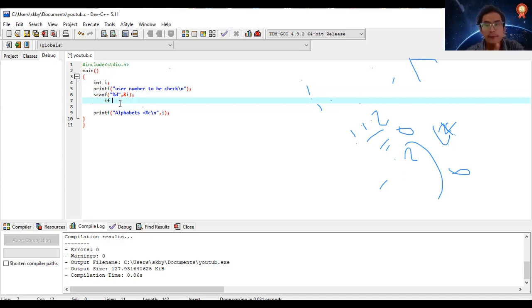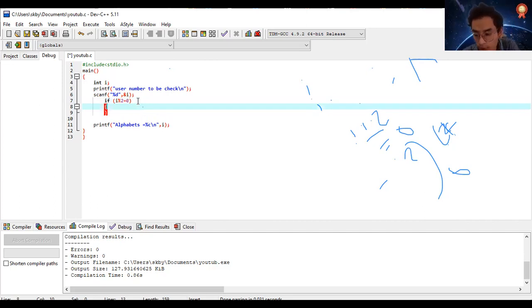Yeah, if the modulus, for example, let's take i is equal to 1. Okay, if i modulus 2 is equal to 0,